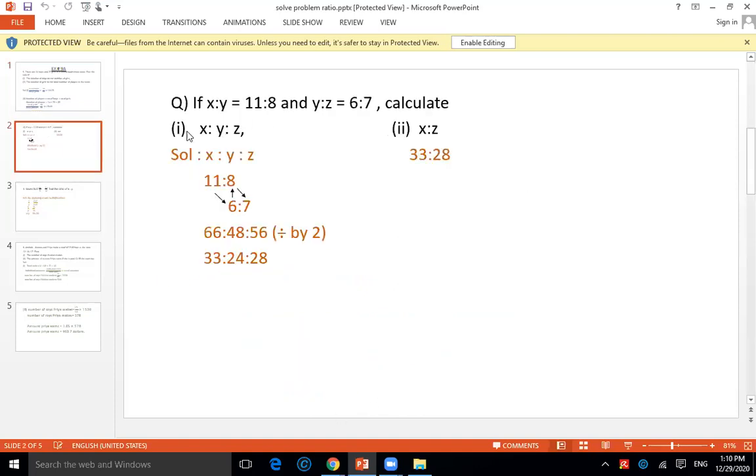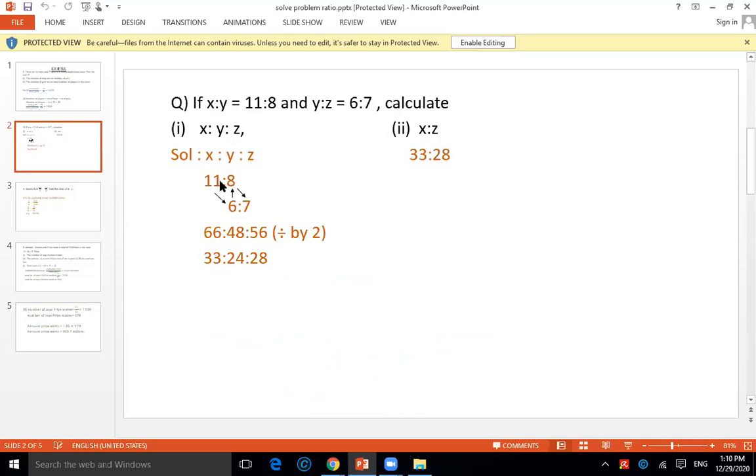Now question number 2. If x is to y is 11 is to 8 and y is to z is 6 is to 7, calculate x is to y is to z. Now what we have to do here, we will write x is to y is to z just like that in brown color, and then we will write this first one, the first ratio of x and y, which is